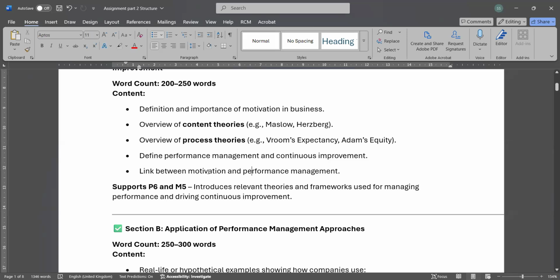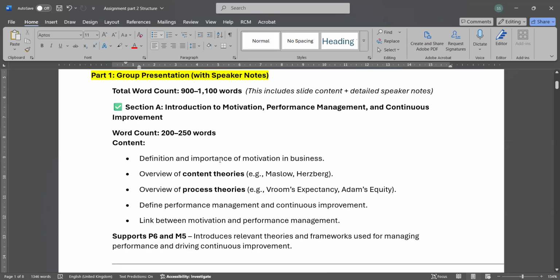How motivation, if you are increasing performance, will help you manage the employee and keep or increase the performance and productivity, which ultimately leads to increased quality standards. Then you can link it toward the organization.